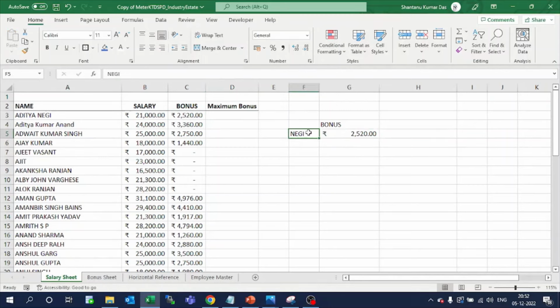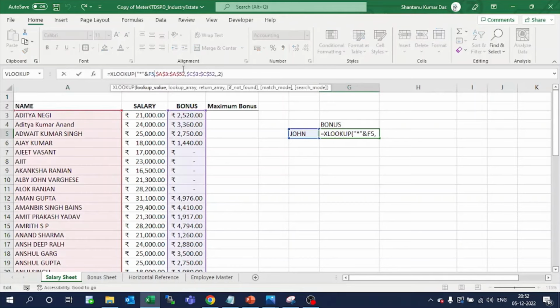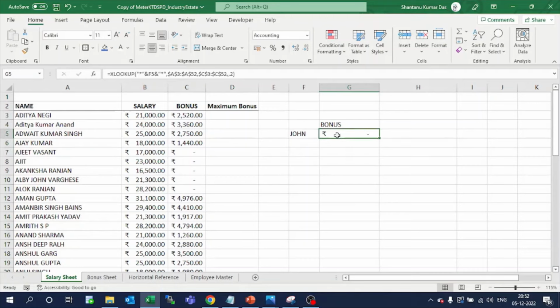But if suppose I want to write here Kumar, it will give the value. But if I want to put John, which is in the middle of the name, it will mess up. For this, what we can do is again put an ampersand, double inverted comma, asterisk, and double inverted comma, and done. Here you can see a 0 bonus is coming because he doesn't have any bonus. So let me put some value and you can see. This is how we can use the wildcard functionalities of XLOOKUP